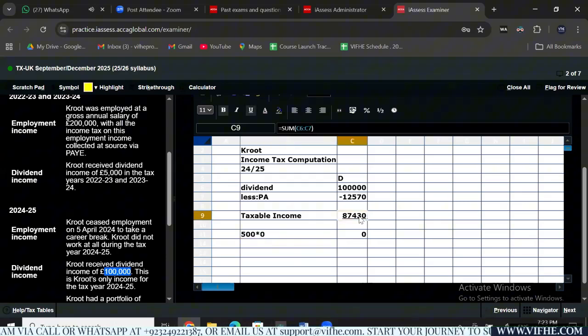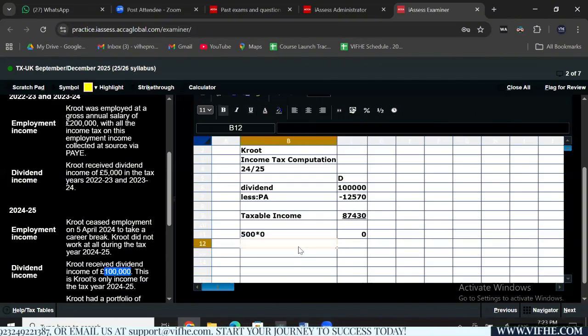And then, as usual, the band given in the first step is the basic rate band. Out of 37,700, we have applied the rate on the first 500, though the rate was zero, but we have taken that into account. And the remaining amount in the basic rate band will be taxed in a normal way,